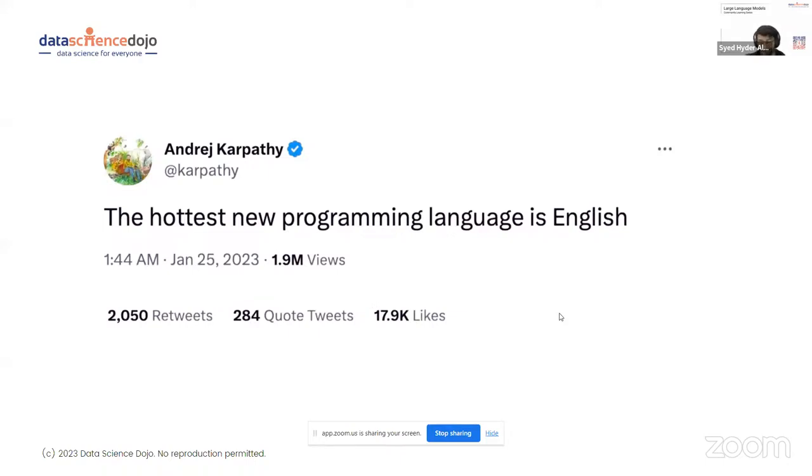I think it is in fact true, because if you know how to prompt, prompting can get you your desired results. If you know how to write a good prompt, you can get the desired results from your large language models.